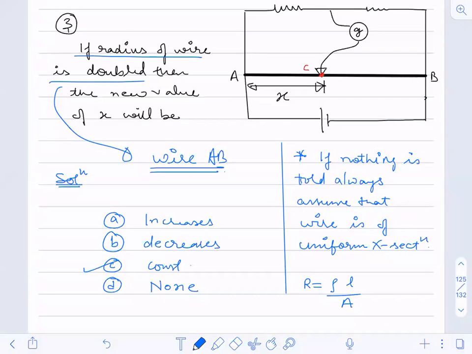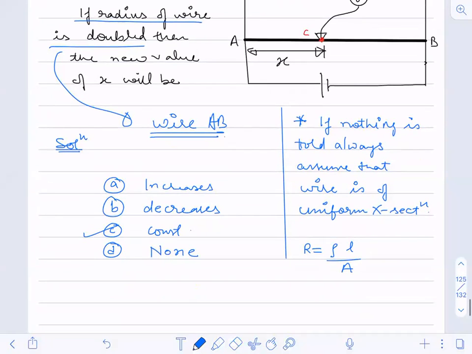Now, what about area? If I make use of a wire which is of constant cross section, that means I can say that this complete quantity rho by A is a constant. So let us say this is some K value. Then resistance I can write as K into L. Now, this resistance depends on what?